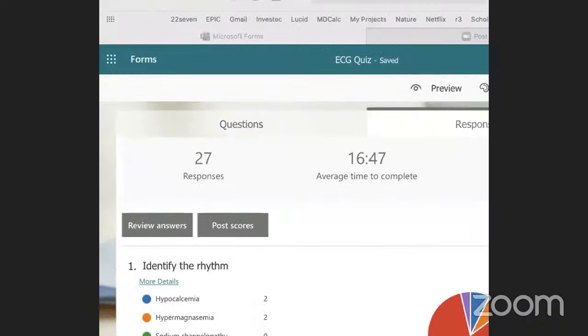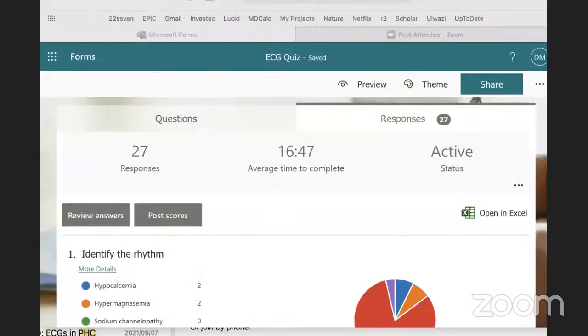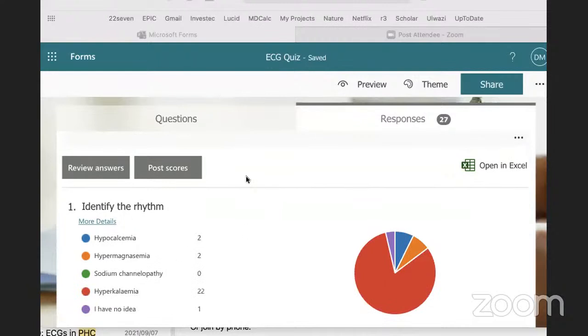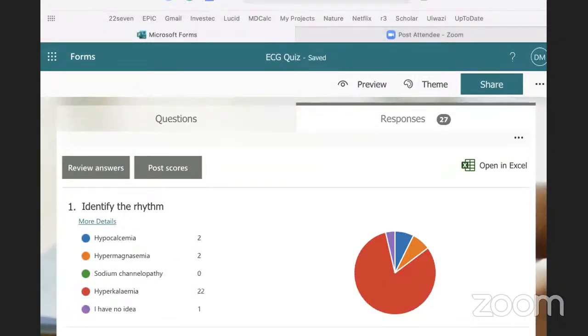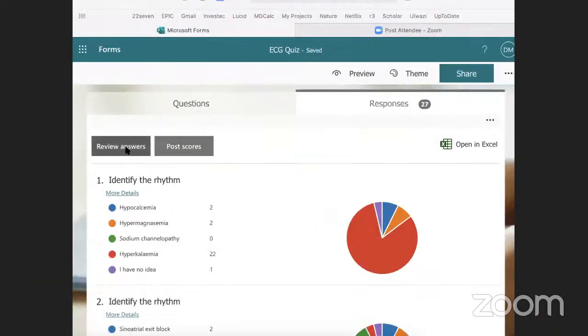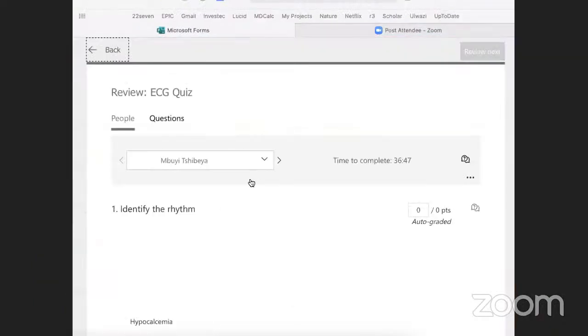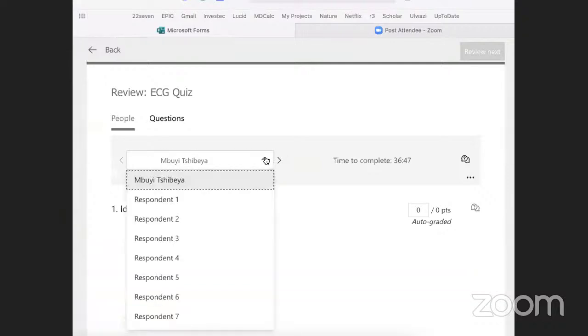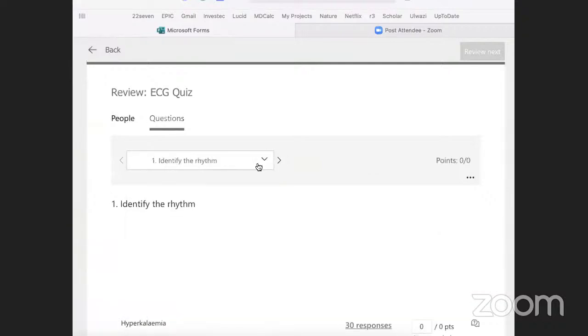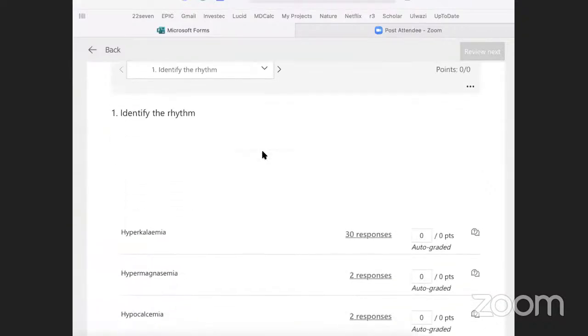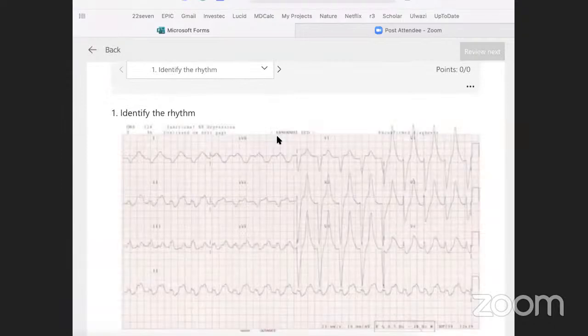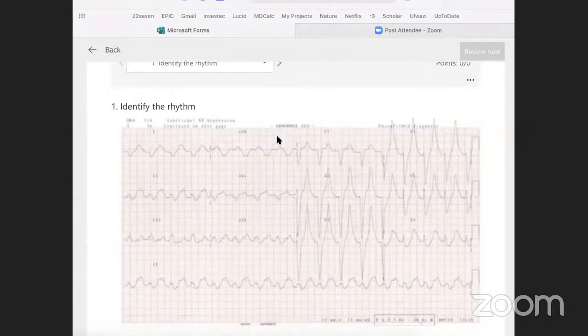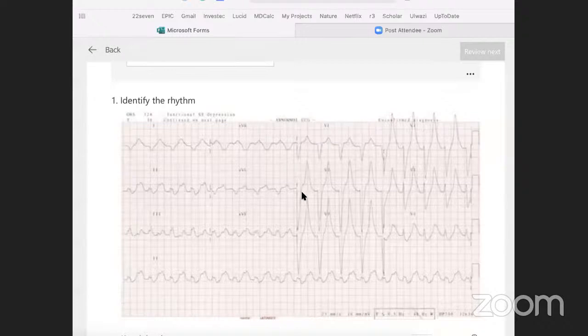You could share two screens at the same time, so you could get the answer and the ECG. Okay. They do have a response section, so I'll just go to that. So, review answers. Roland, you got this one right, but I'll look at the questions as opposed to the specifics. And so the first one, I believe most people had this right.